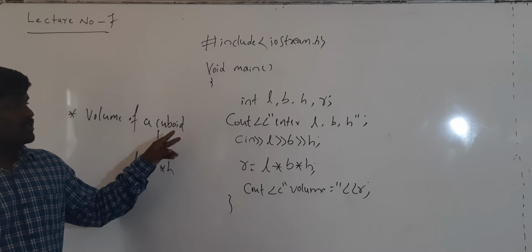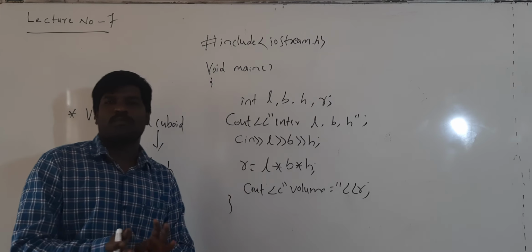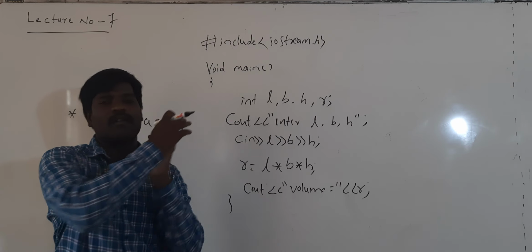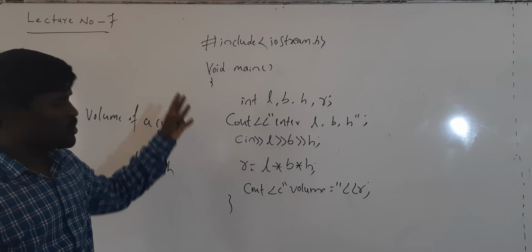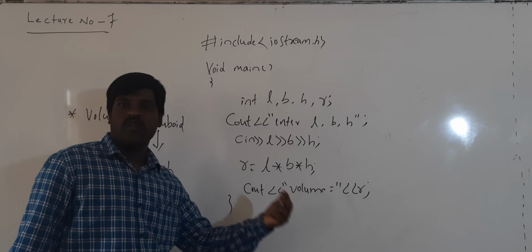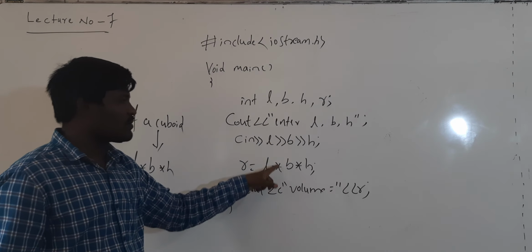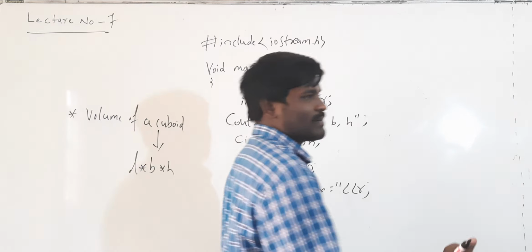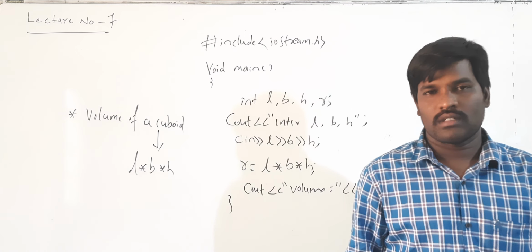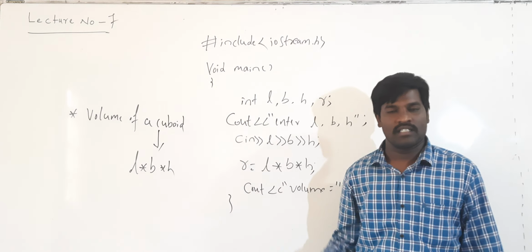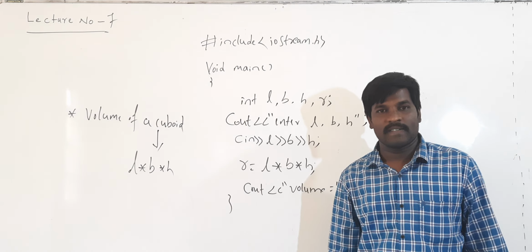Simple. So you can observe all the programs, only the difference is in the formula and the number of variables, and these two statements are almost similar. All the programs have the same format, only the change is the declaration of variables. You only have to change the names and number of the variables. So depending upon the program, you have to decide the number of inputs and write the formula. Other than that everything is the same, the header file is the same, void main is as it is. There is no difference in that.